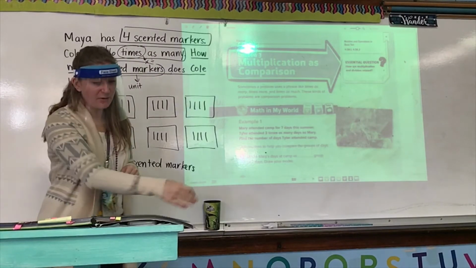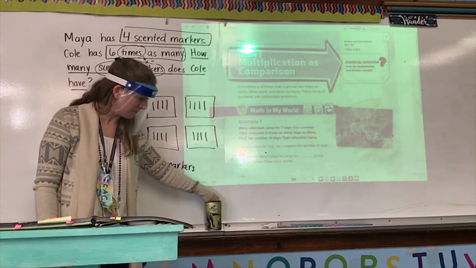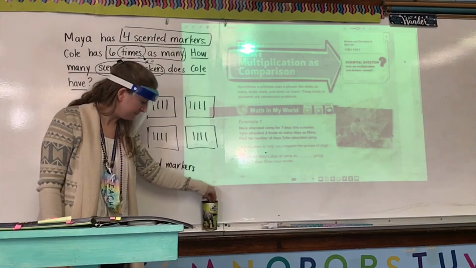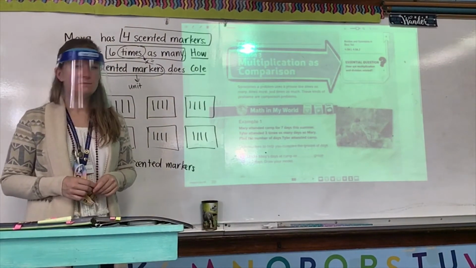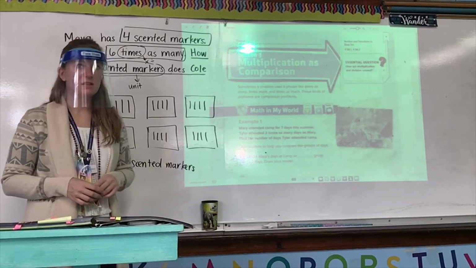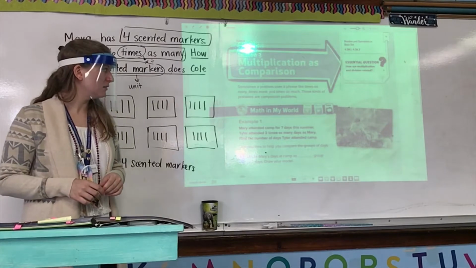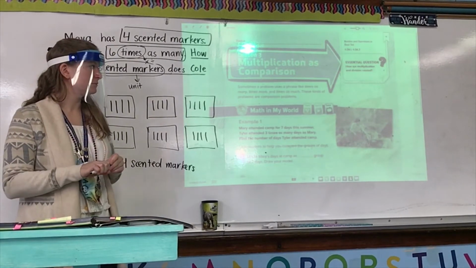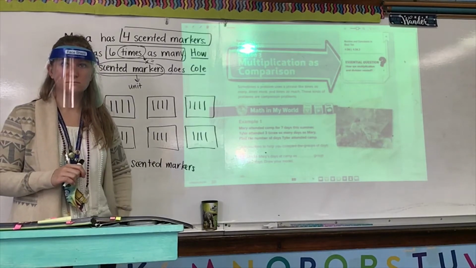So, let's go ahead and look at page 147. Go ahead and read the sentences under the title. Sometimes a problem uses a phrase like times as many, times more, and times as much. These kinds of problems are